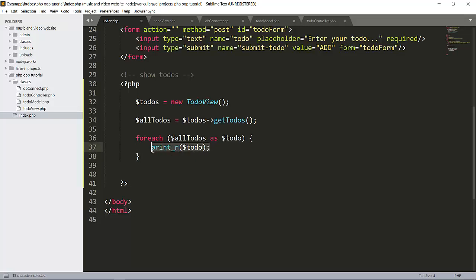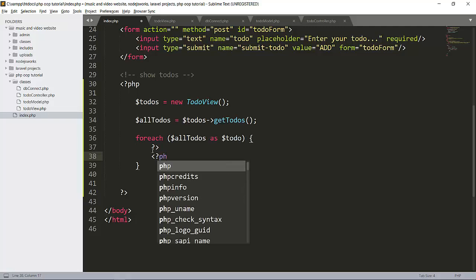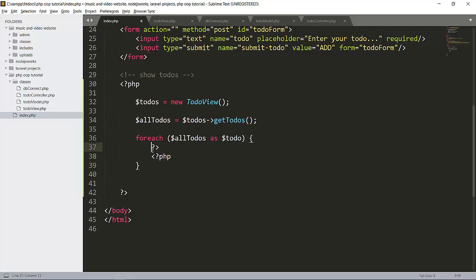Let's close this tag here, and after that let's close this open PHP tag. Now we will create a division here.